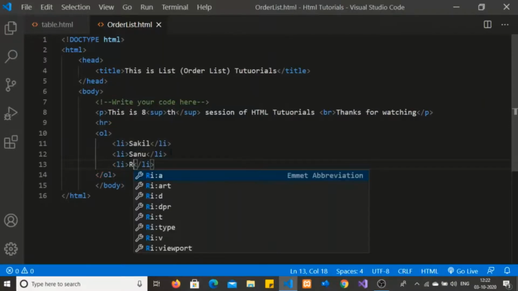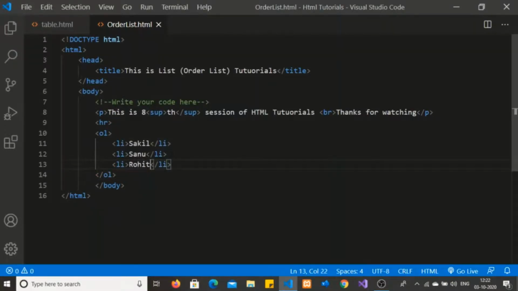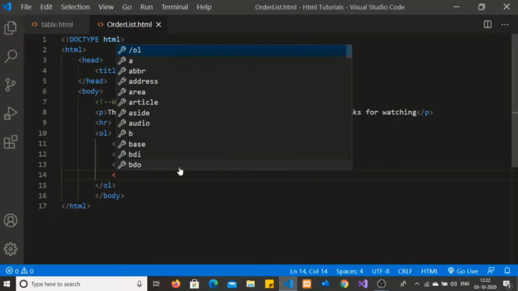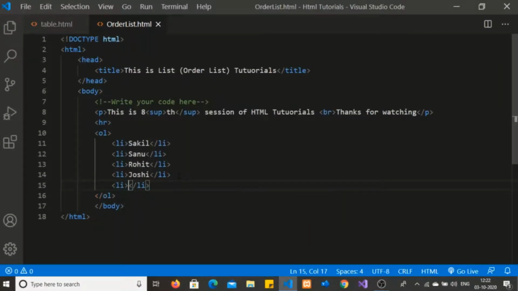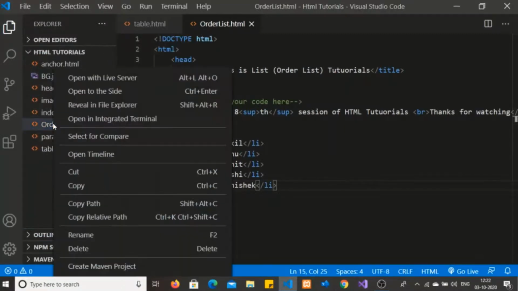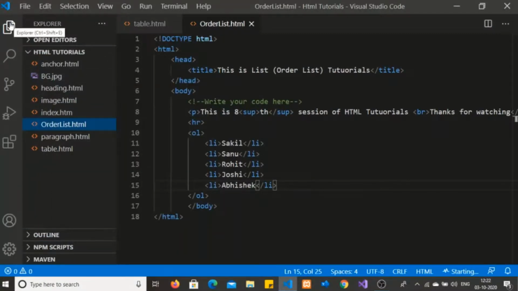Third, Rohit. Joshi and Abhishek. Now run this code in the live server.